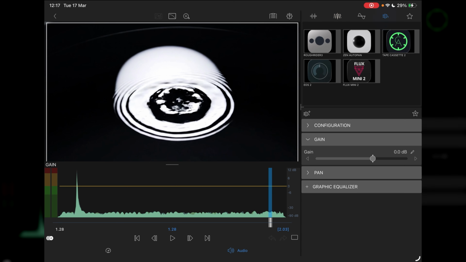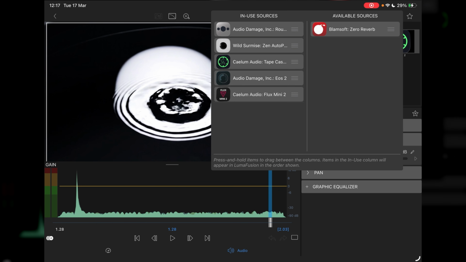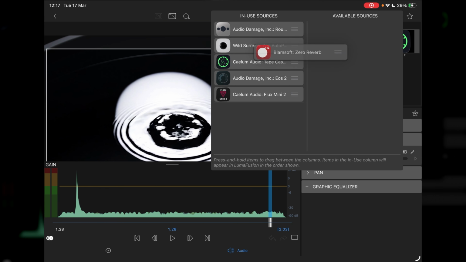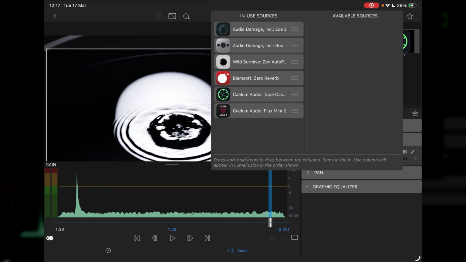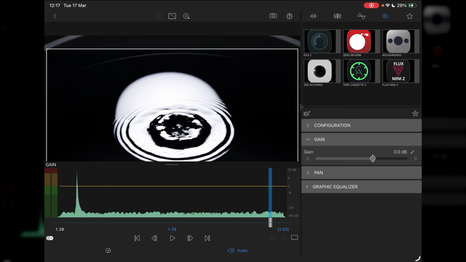you'll now see if we go to plugins and we tap on this little icon here for adding a plugin, you'll see I've got different plugins actually added in. You can now drag Zero Reverb across and place it in whatever order you want. So for example, I usually actually have these in this kind of order. There we go. Come back out of there, give that a second or two, and you'll now see we have